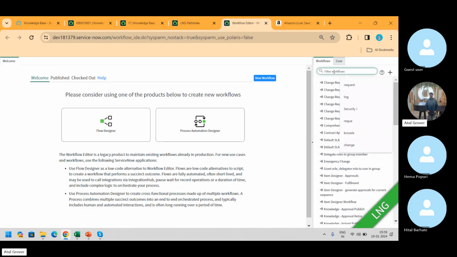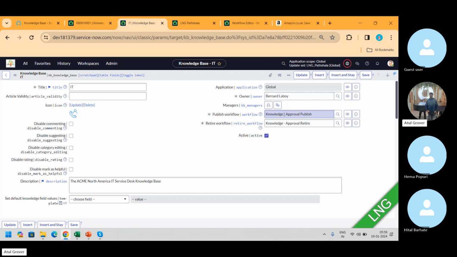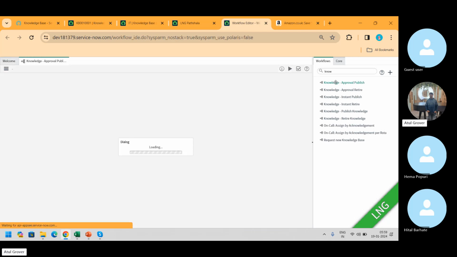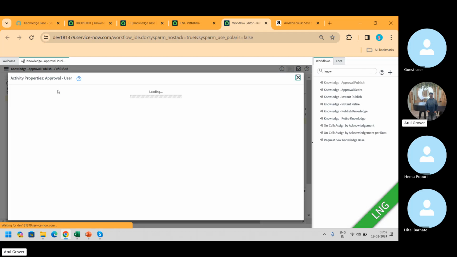And search here for the knowledge. What is the name? Knowledge approval publish. Knowledge approval publish. This workflow is getting triggered. And under this workflow, it has been mentioned that it should go for the review here. If you open this, double click,